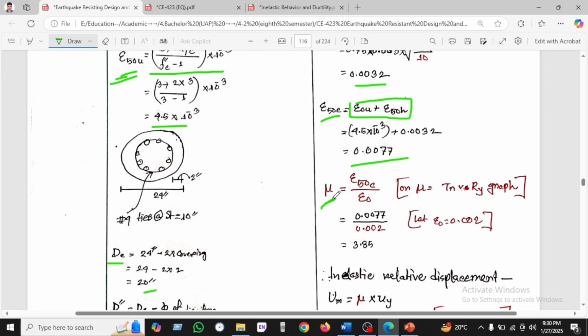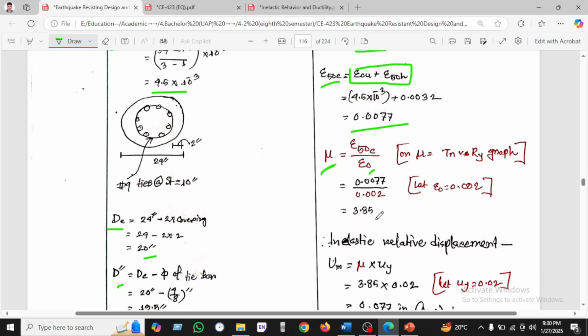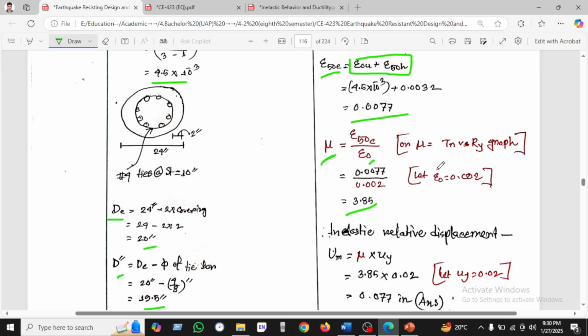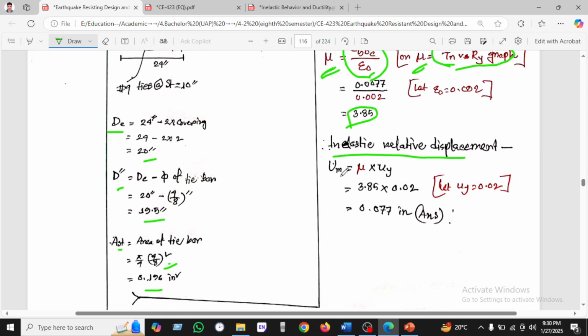Now if we calculate the ductility ratio, 50 divided by E, we can use this formula, or we can use the time period versus ROI graph for finding this displacement ductility factor, which is 3.86. For inelastic behavior of displacement, we have used this ductility with ultimate yielding displacement, and found